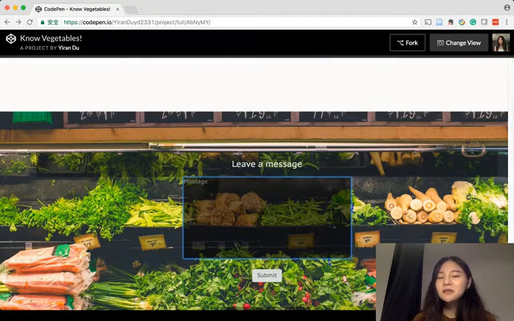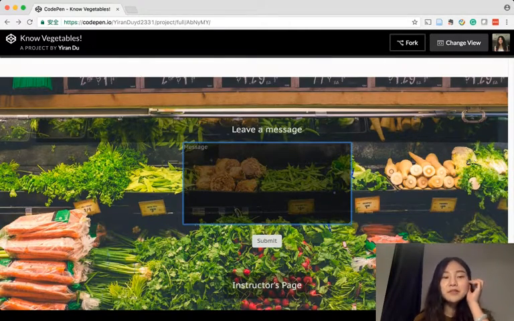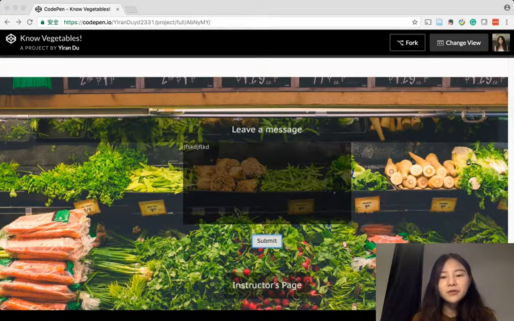And in the last part, they are required to leave a message if they have any suggestions or want to explain more about their lives. And here, after submit, there will be a thank you for your note. And let's go to the instructor's page,